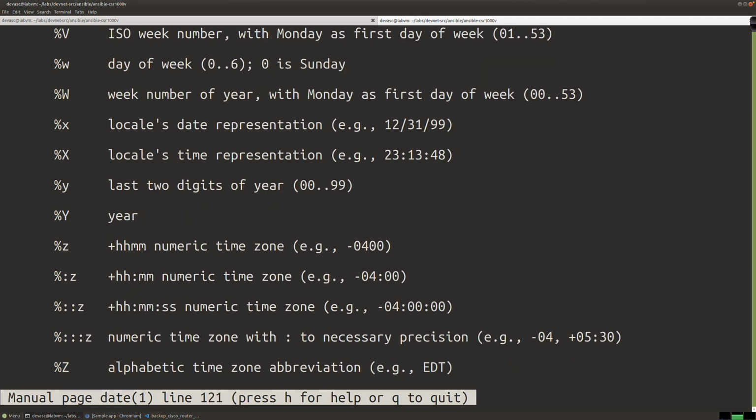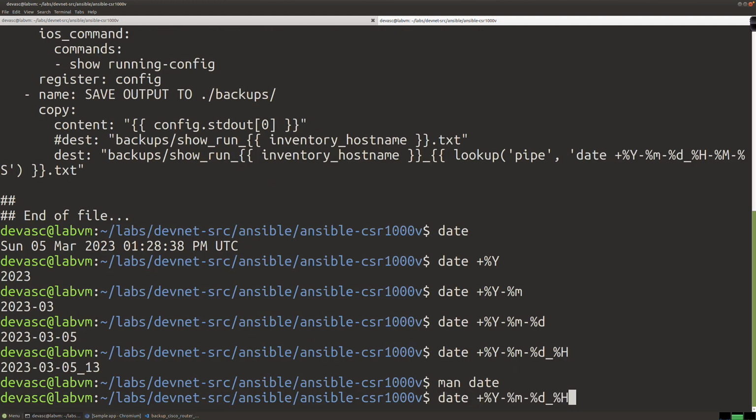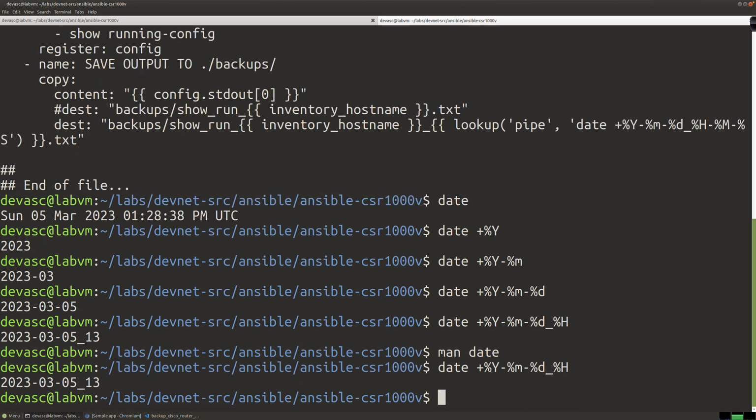But the bottom line is we just saw how we can go ahead and test and build out our script, ultimately the Ansible lookup function using the pipe command, right, which is going to run a shell command, this bash shell command, that's date. And that is the value that gets appended right after the inventory host name before we have the .txt. So if that's true,